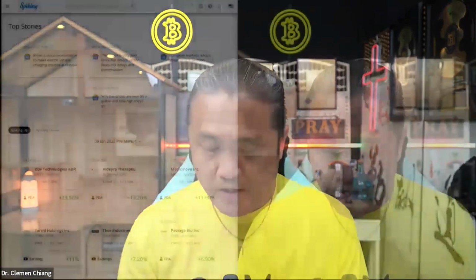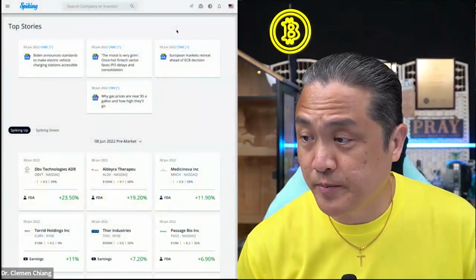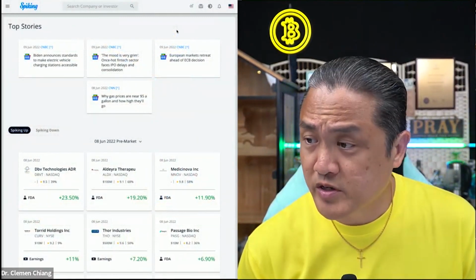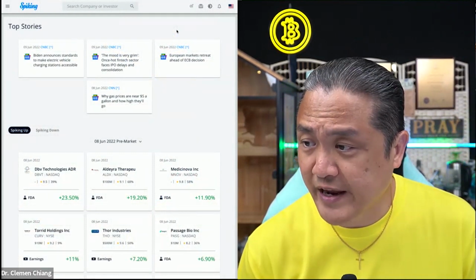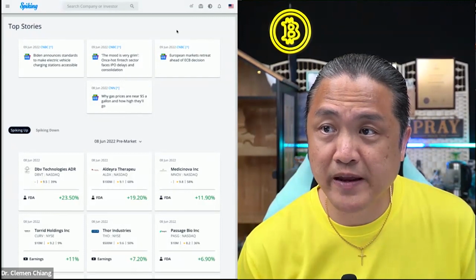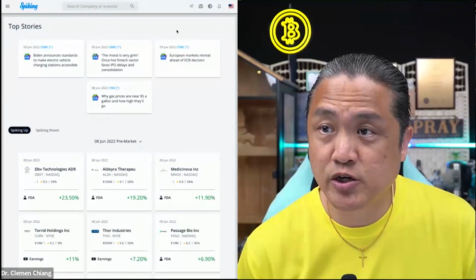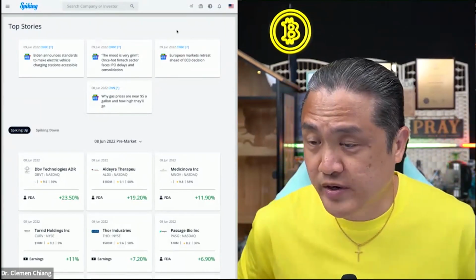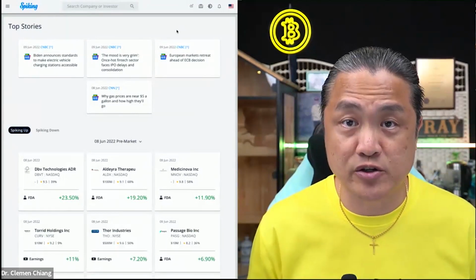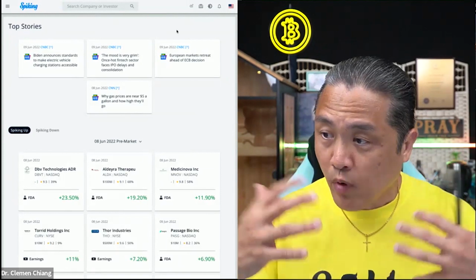Step one, we're going to log in to our Spiking Wealth Management platform. Simply go to spiking.com/wealth. This is the default landing page, spiking.com/wealth. So as you can see, once you landed on the default landing page within our software, what we want